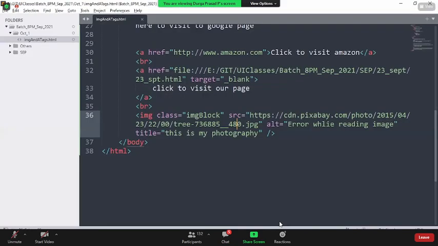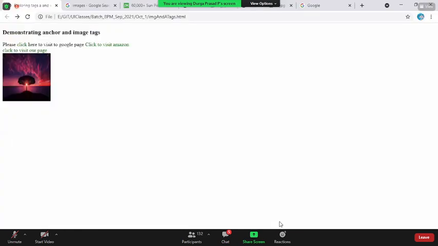Another requirement you might have is, boss, can I combine an image tag and an anchor tag? Till now, we have been putting some text within the anchor tag so that on click of the text, it redirects. Is it possible, on click of an image, to redirect?